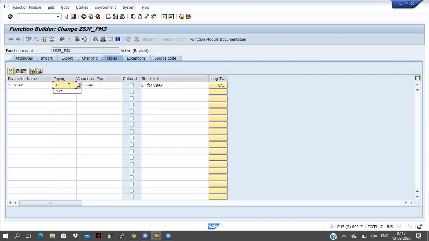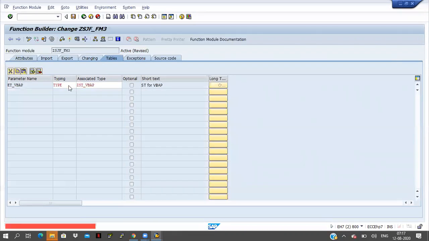If I take TYPE, then what will happen? Let us see here. Okay, it is showing that tables parameters are obsolete.